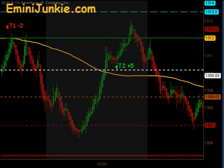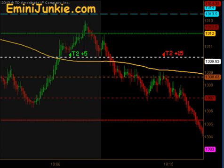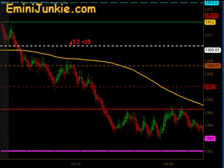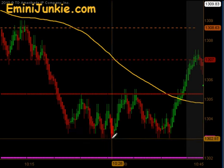And after we pushed up near the Globex high, just past the open there, the market came back down through the moving average, gave signal entry to get short just underneath the moving average there. That produced targets 1 and targets 2 to the downside for 15 ticks as we pushed down through the 4 o'clock close. And then we fought with 1303 for a while, just back and forth, and the support was just